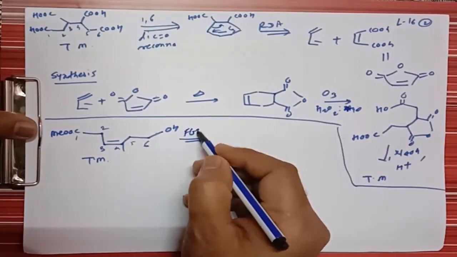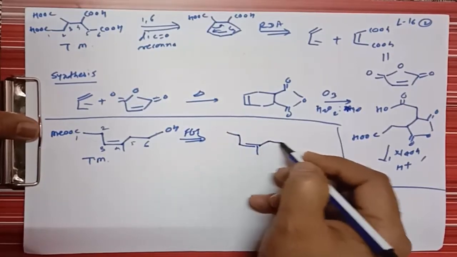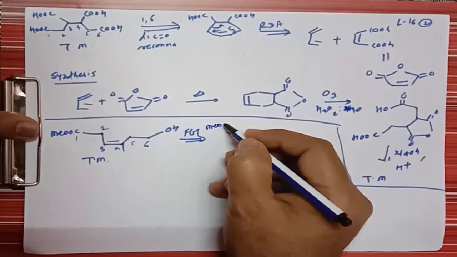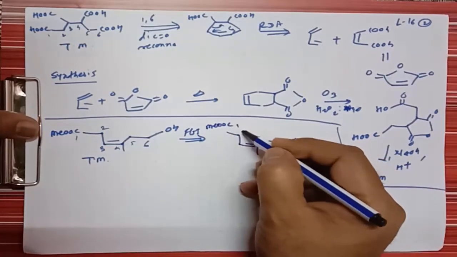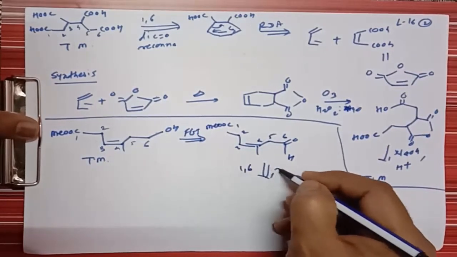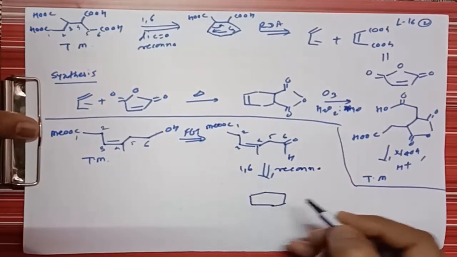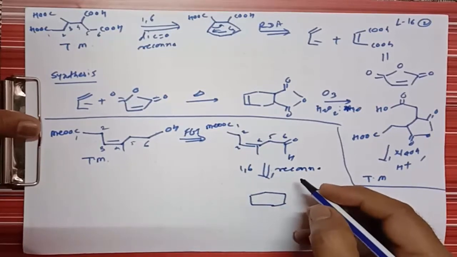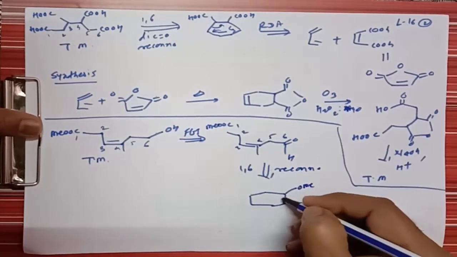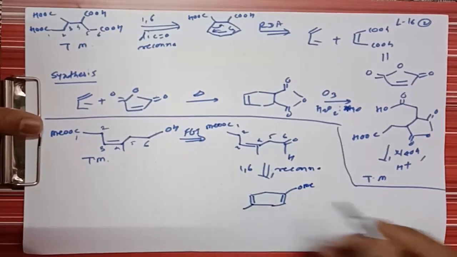That is, in functional group interconversion, we can see here a molecule like this, C double bond O, H, and here is the functional group, that is the ester group, which remains as it is. Now it is 1, 2, 3, 4, 5 and 6, that is a 1,6 dicarbonyl compound. Then we can reconnect this molecule, and after reconnection, what it gives? It gives formation of a cyclic diene, and in that cyclic diene, from one side it gives OMe, here is a double bond, and here is again a double bond, and here is a substitution, right?